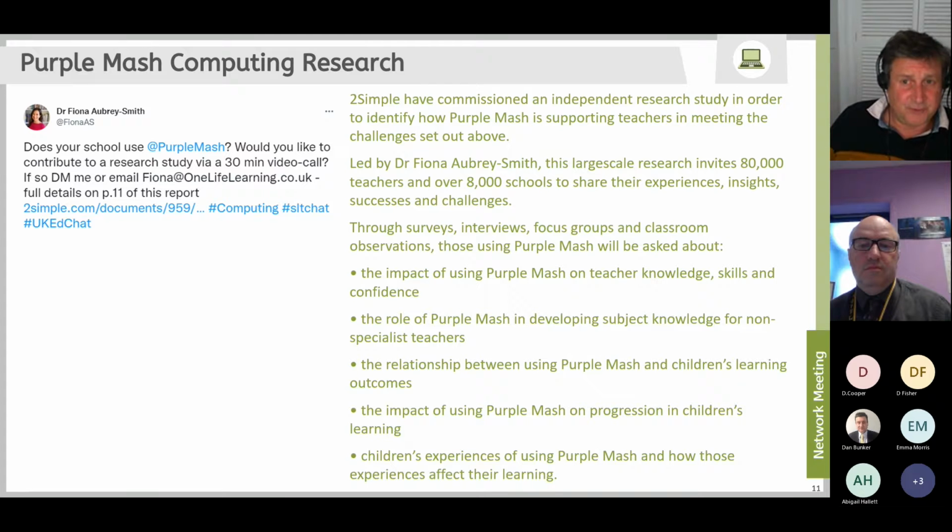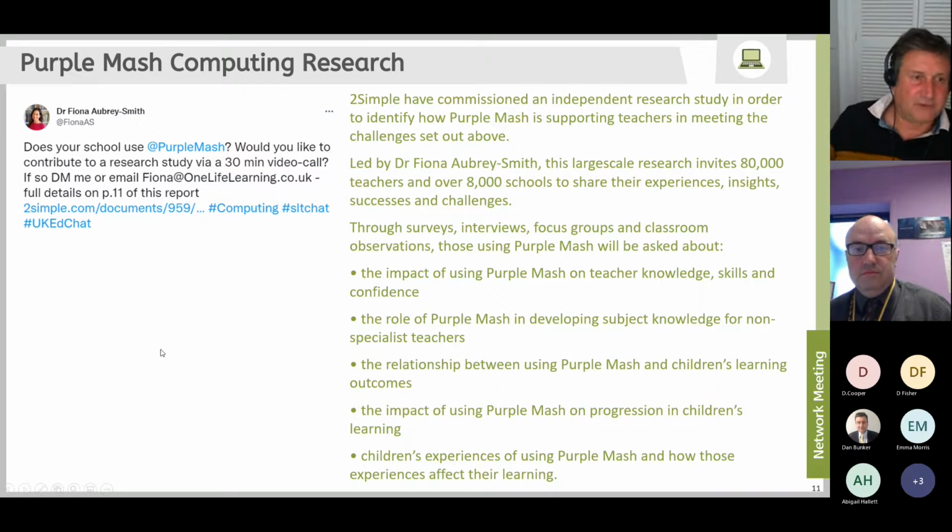So if you do use Purple Mash and you'd like to help with a study about teachers' confidence in delivering computing in primary, Dr. Fiona Aubrey-Smith has been in contact with us saying she's doing this large scale research program, and if you'd like to be involved, it's a 30-minute interview with her just to get a state of the nation with you and where you are with it. But it does relate to schools that are using Purple Mash.